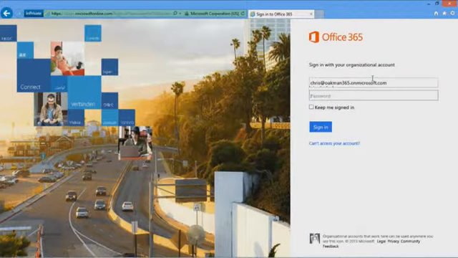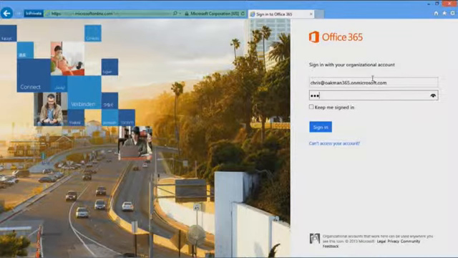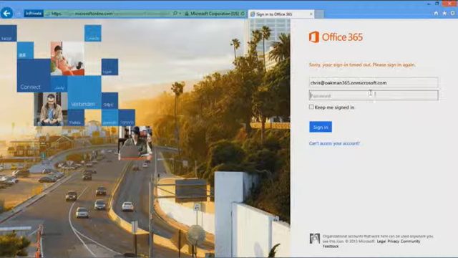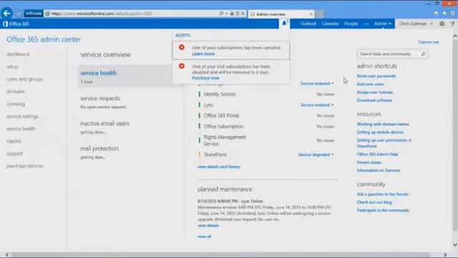So this is a trial tenant that I set up. It is my personal tenant, so we'll take a look at that. All right, and of course it's not going to let me in. Now, one thing is true: if you don't know your password, you won't get logged in.